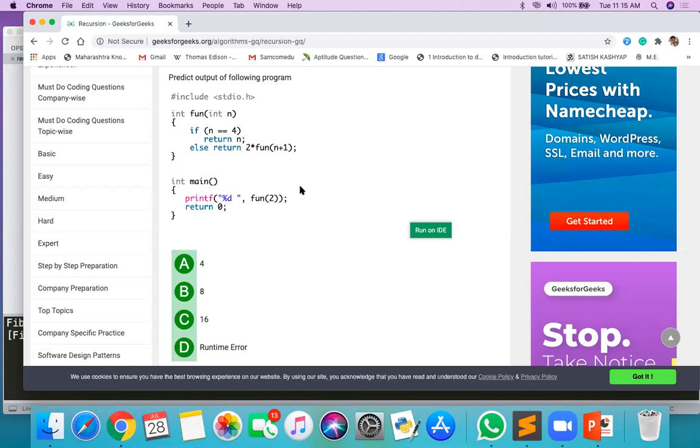Just try to solve it. I'm also solving. So 3, 2, 1, 4.